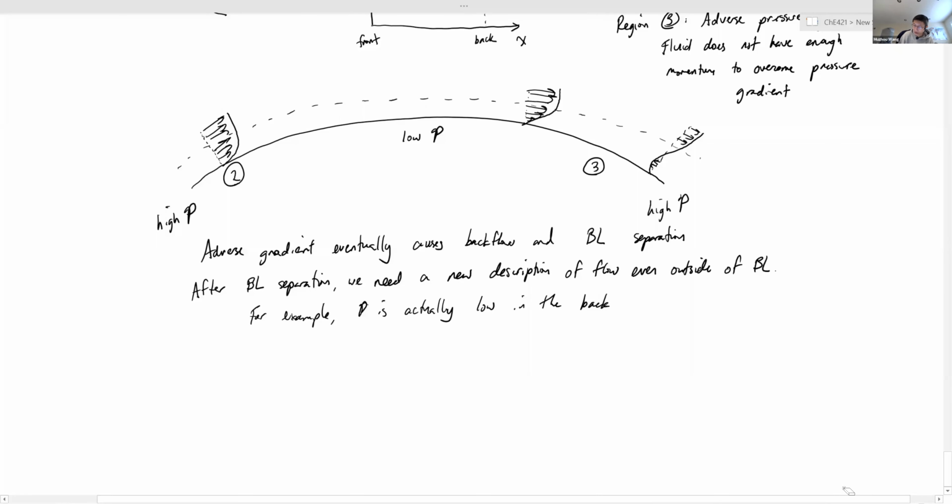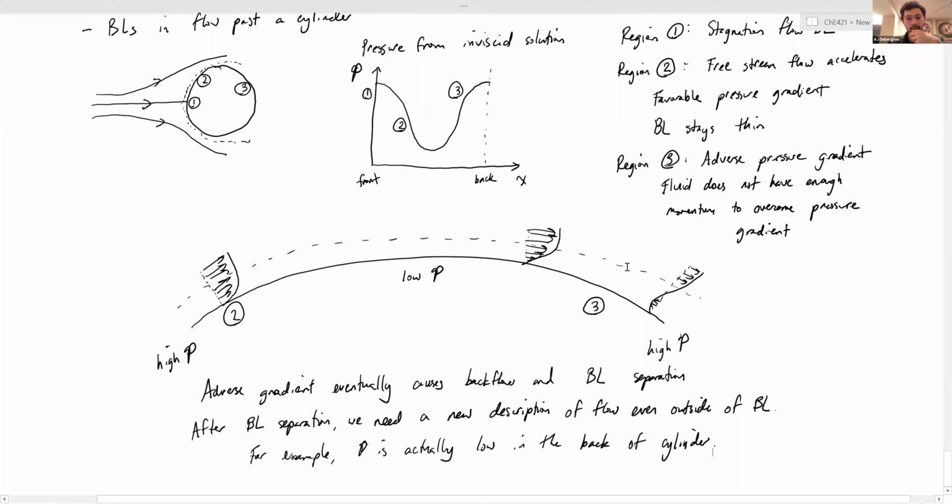Actually, I have a quick question. Given that, like you said, this high pressure doesn't actually develop in the back, is the separation of boundary layers a real thing that's ever observed, or is it just an indication that your theoretical setup basically doesn't reflect reality? Both the things you said are correct.